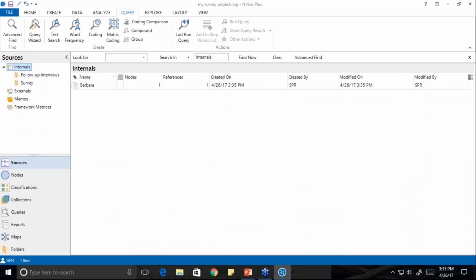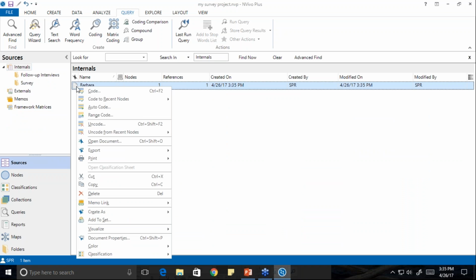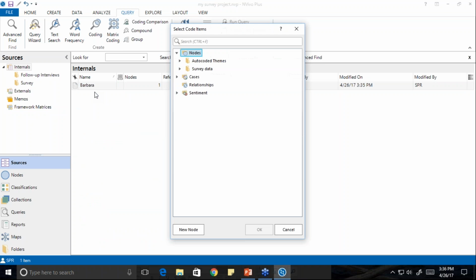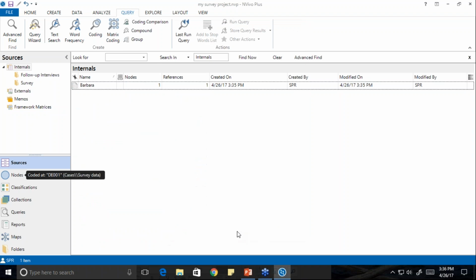I can also, if I've brought in a number of surveys at one time, go to any of the surveys that I've brought in and choose to code that survey and select the appropriate node. So if you have field notes or follow-up interviews or other information that you're bringing in,